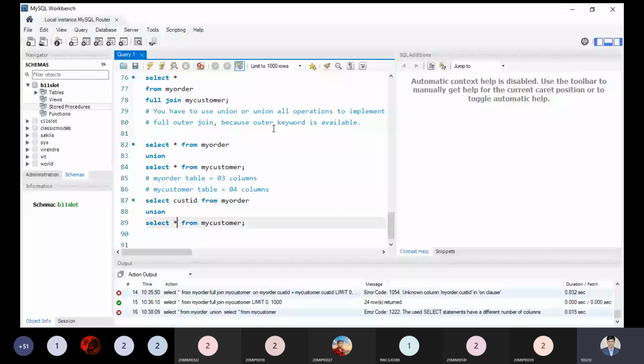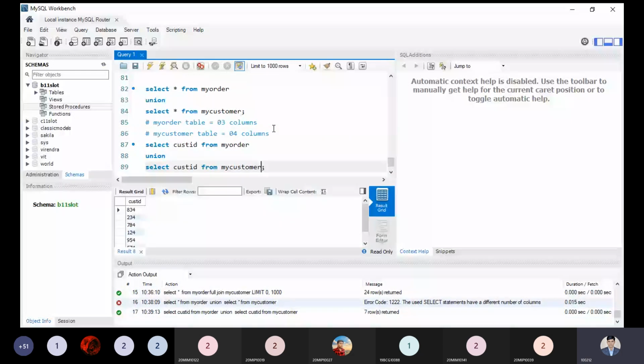Now you will be able to see I'm getting the details over here, and it also contains duplicacy, because of 834, 832. So what is the union operation? If you remember my words, the union operation will merge the information from both and remove the duplicacy. So the union operation we can also use. That is another way we can use it. This is a parameter we have to keep in mind, and I'm telling it to all once again.